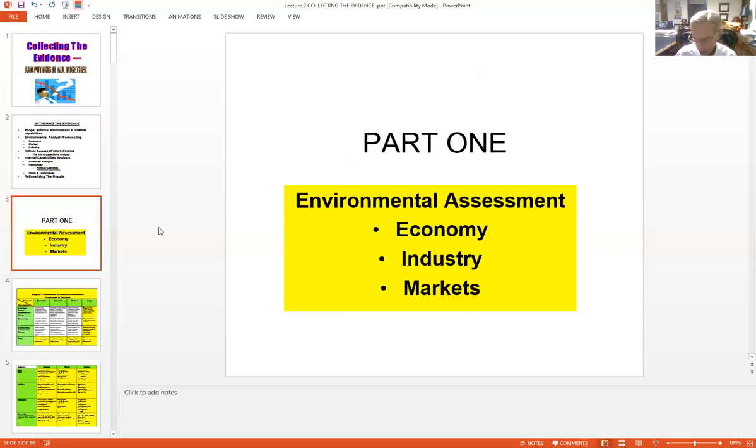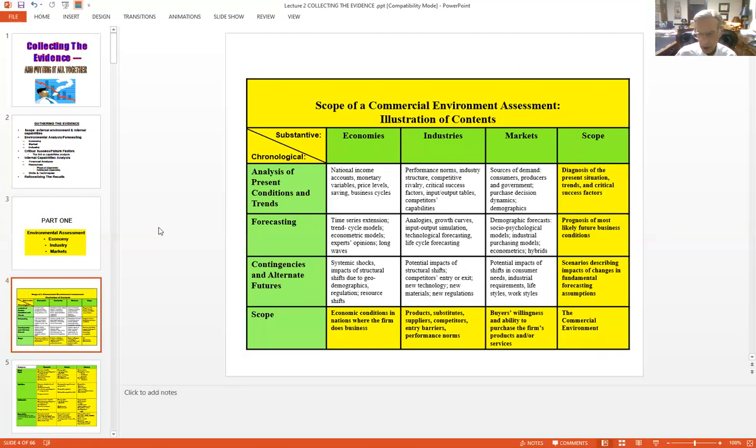There we go. So we're going to be talking about the economy, industry, and markets. Very simply, this is a graph taken from my book published way back in 1999, but there are two dimensions of the external environment. The substantive, which refers to economies, industries, and markets, and chronological. And here again, there are three subdimensions: trend analysis, including analysis of the present circumstances,